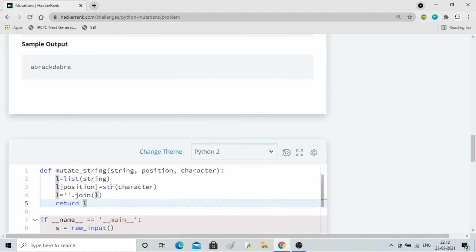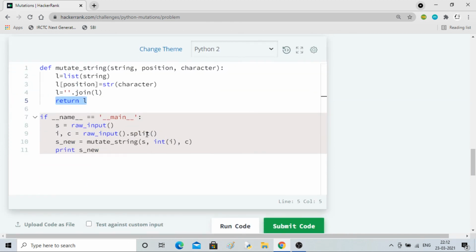Sometimes you can't directly change the element of a string. So the way is to convert it into a list, change the character at a particular position, then join it back into a string and return it. So that's our function. It will take the position, character and string, and it will return the changed string.